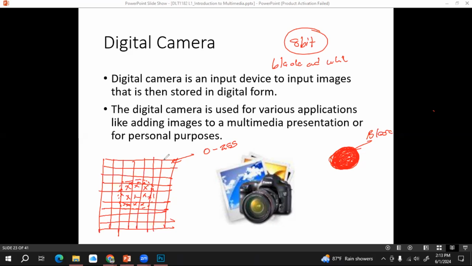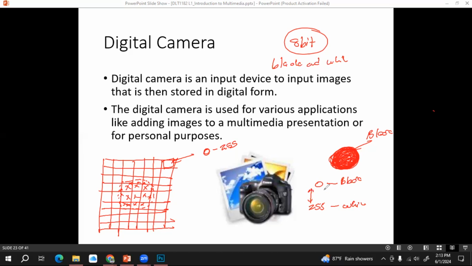Then we can put some integer values between 0 and 255, right? 0 represents black, 255 represents white, and in between 0 and 255, we can represent the respective colors.